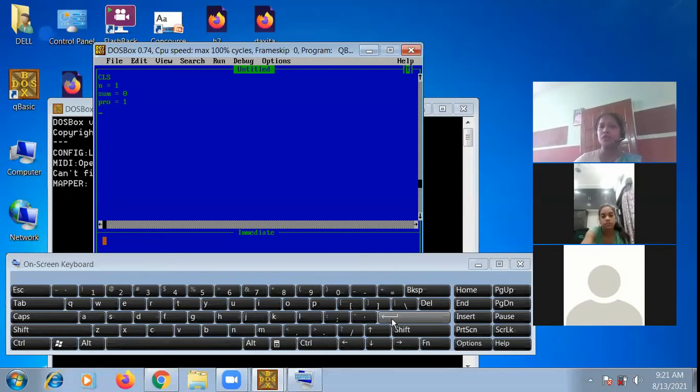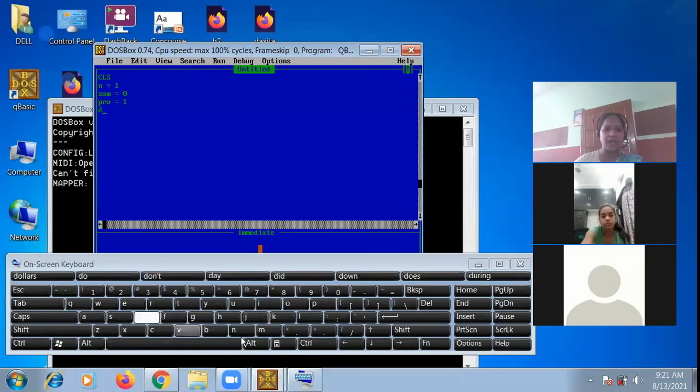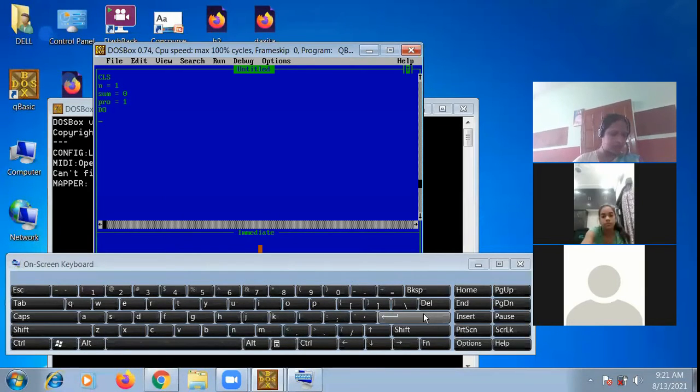If the initial value is 0, then when we multiply it by the new value, the result will always be 0. So always keep in mind that the variable you are using for multiplication, its value should not be 0.